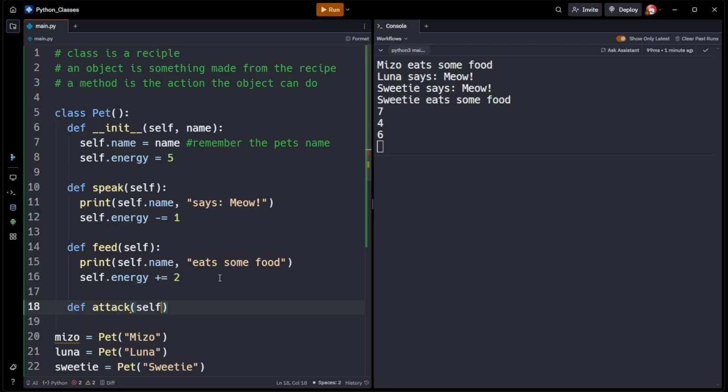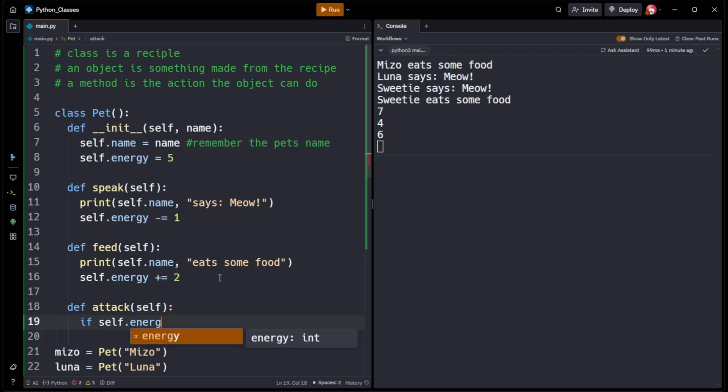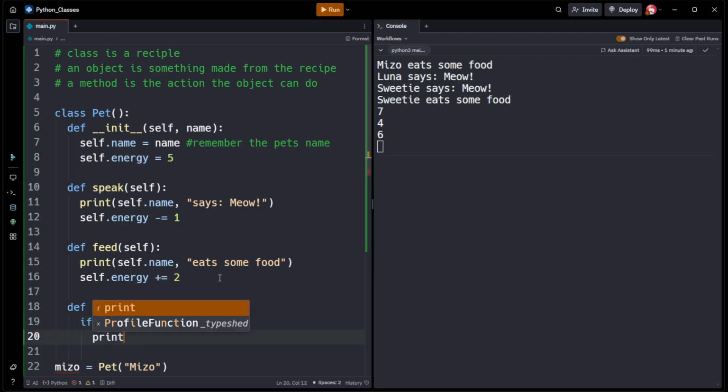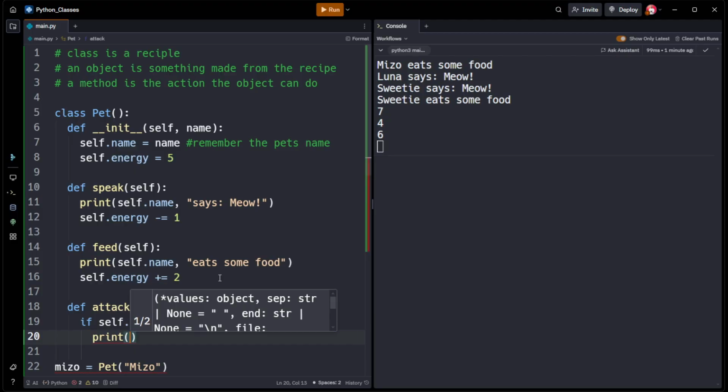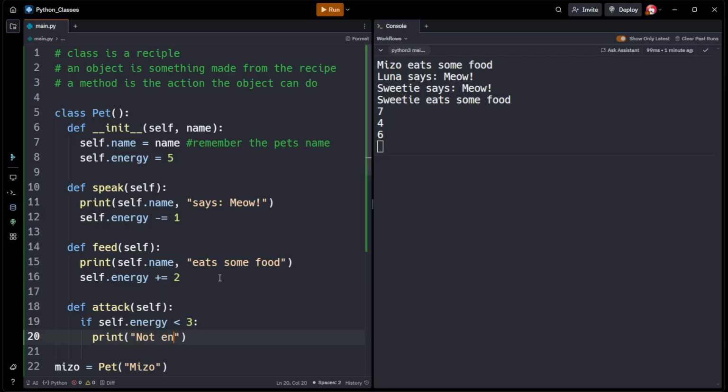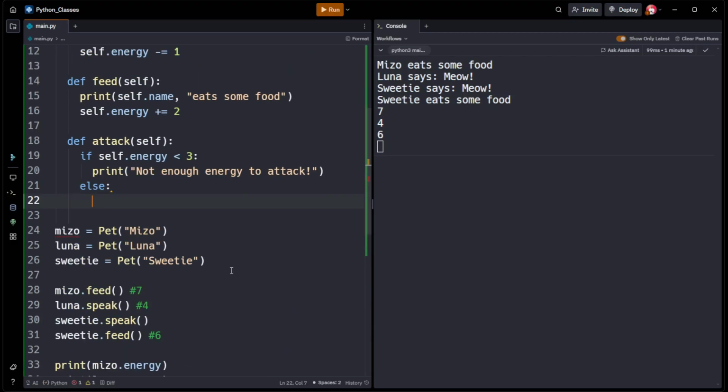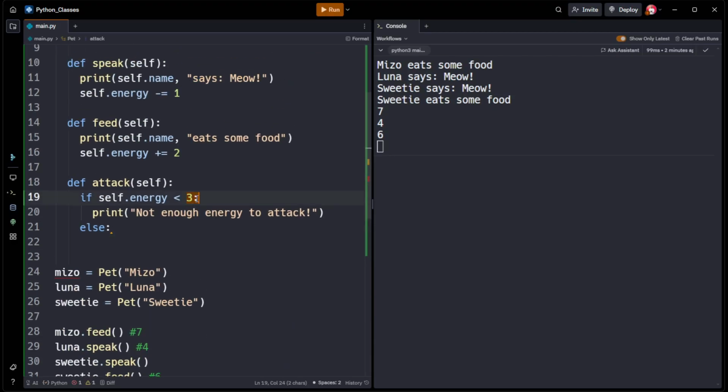So we'll say define attack self, and we'll say if self.energy is less than 3, then print not enough energy to attack. Okay. Else, right? So if it's not less than 3, so that means if it's 3 or more,